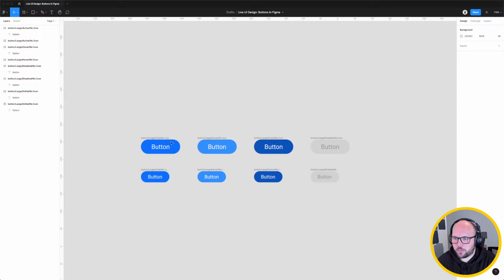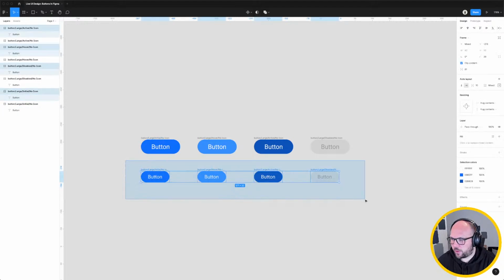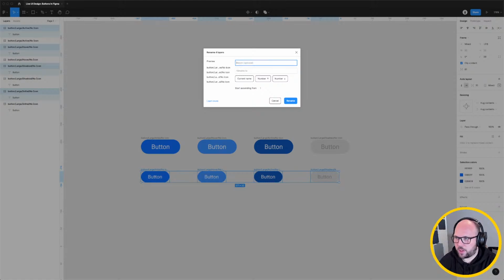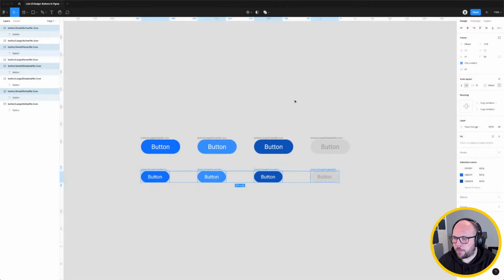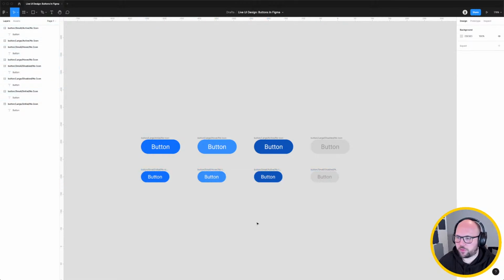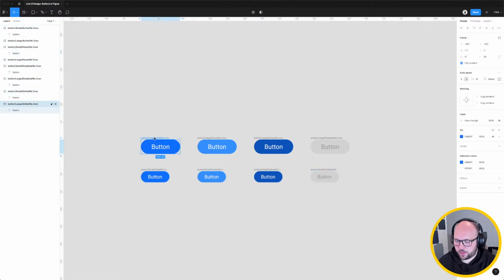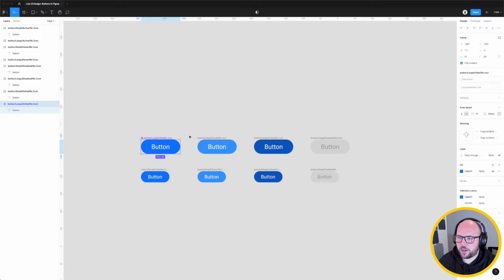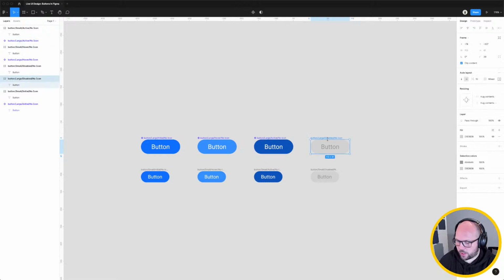So we've got our large buttons and our small buttons, so we need to select all of these and do a bit of a name change. So where it currently says large, we're going to change that to small. I'm not going to bother doing more than 2 sizes because I think it gets the point across just for these. So now I've got these named how I want my component set properties to be set,